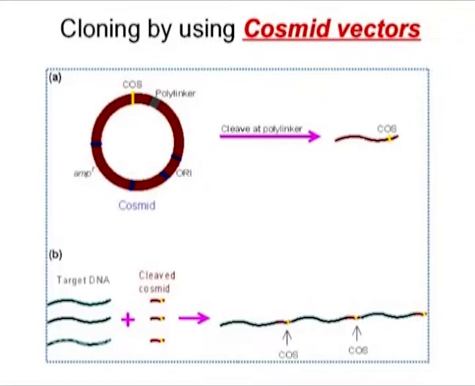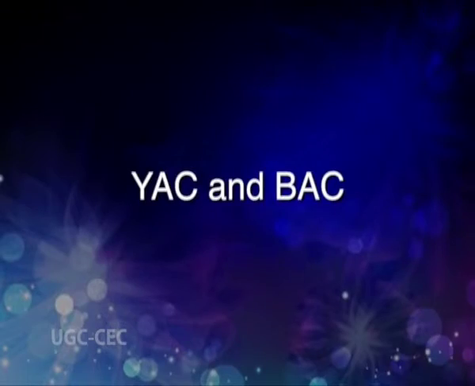Cosmids. Cosmid vectors are hybrids of lambda phages and plasmids, and their DNA can replicate in the cell like that of a plasmid or be packaged like that of a phage. They carry the lambda cos site, which helps in packaging into a phage head. They infect bacteria as do phages but do not lyse the host cells. Most cosmid vectors are about 5 kilobase pairs, and around 33 to 48 kilobase pairs of DNA can be cloned in these vectors.